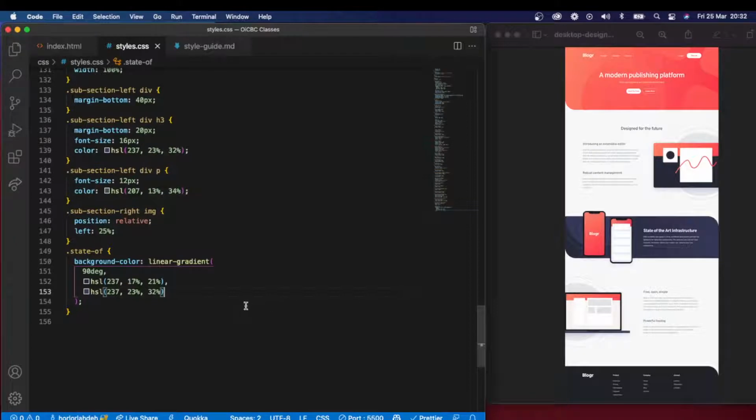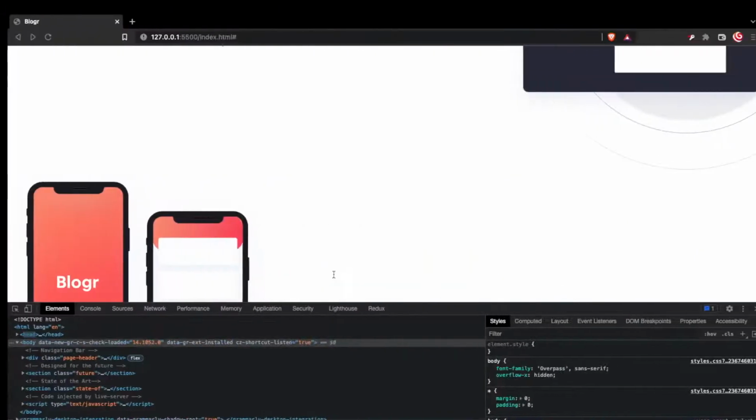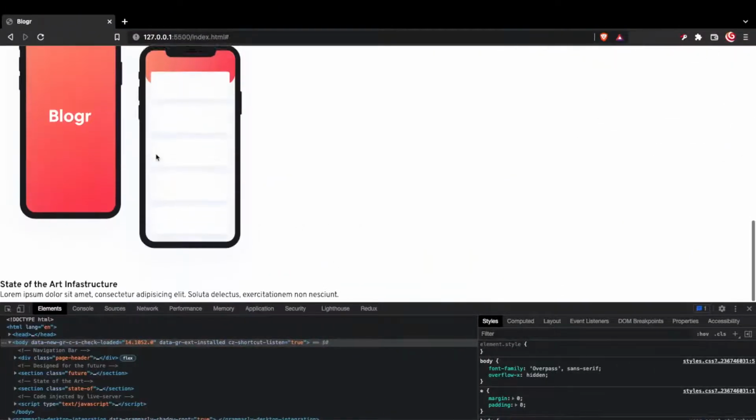Just which one is lighter? Seems like the one that's supposed to be light is dark, and the one that's supposed to be dark is dark. Okay, I think it's fine. So let's take a look at it now. So obviously,